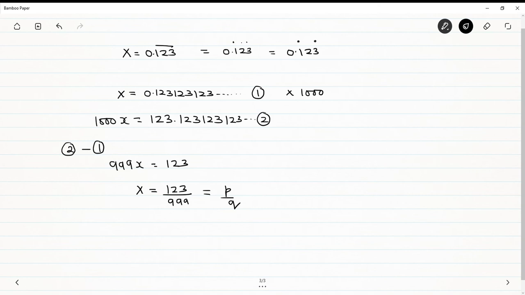Now let's go for a fourth type of question where we will make it a little more complex. Let's say we have the number as now 0.25, and interestingly only 5 is repeating. So how to handle this type of question? Suppose x equal to 0.25. Now remember the rule which I was repeating every time, that the repetition must start immediately after the decimal. But if you look at this number, first 2 is coming and then repetition starts. If I write it properly, it can be written as 0.2 and then 5 5 5 5. Basically 5 is repeating, but before 5 starts repeating, there is an extra number 2.